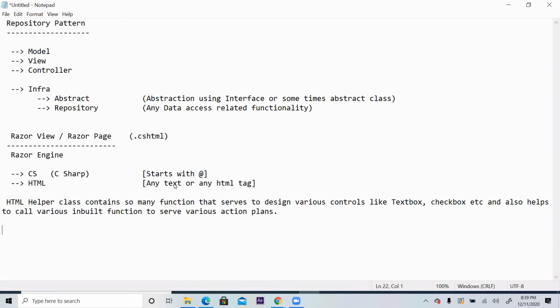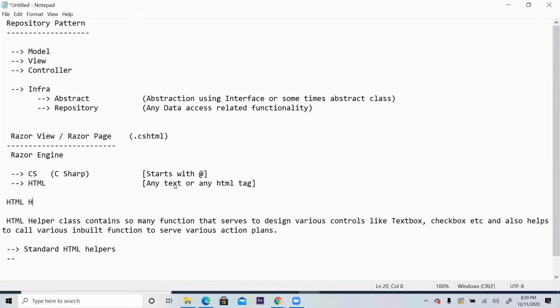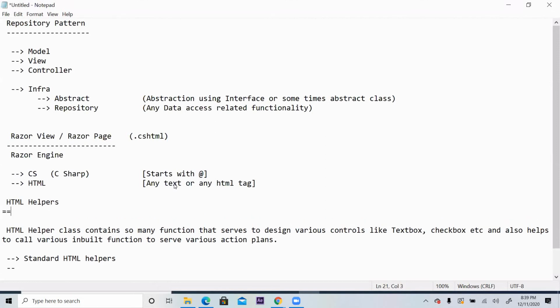Now, those HTML helpers are of three types, particularly to design the control. Let me give the heading as HTML helpers or HTML helper class.